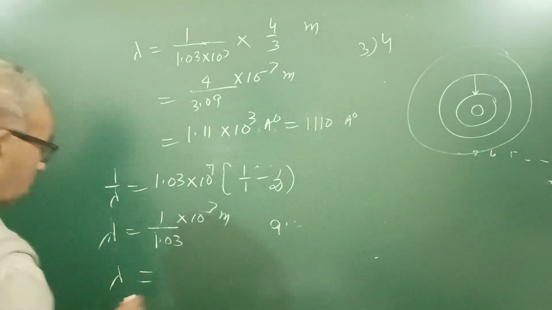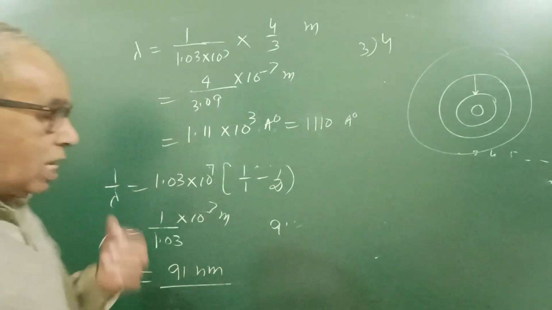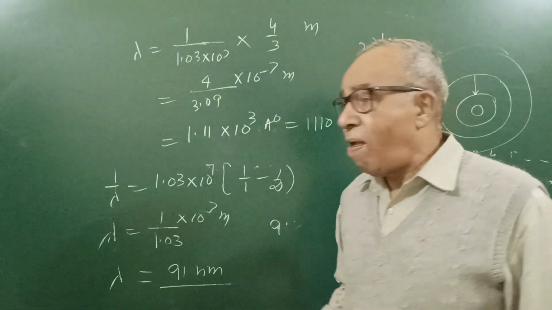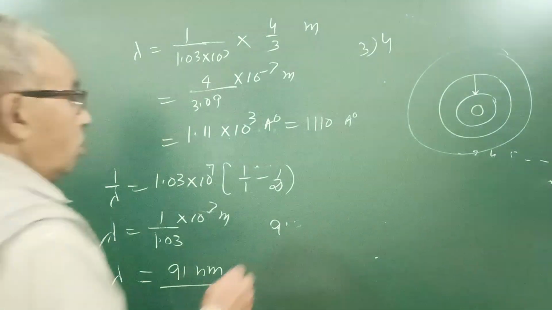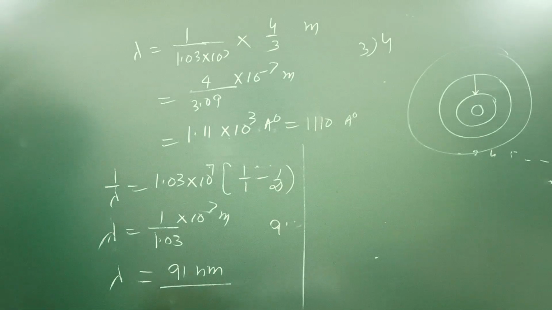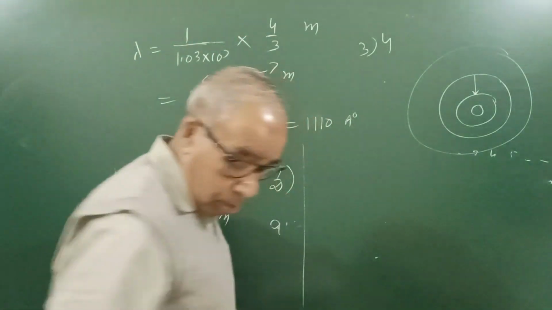Yes, 91 is the shortest wavelength. All these wavelengths got verified and lie in the ultraviolet region. Ultraviolet radiation for